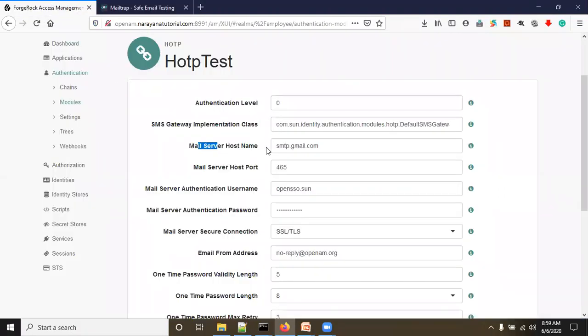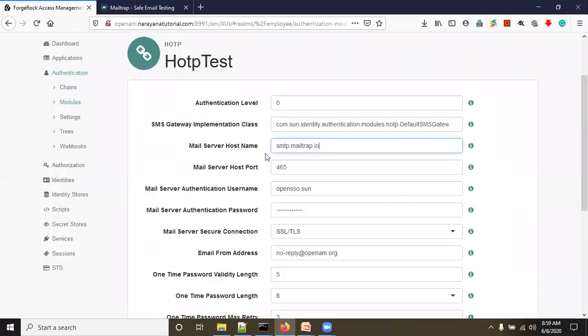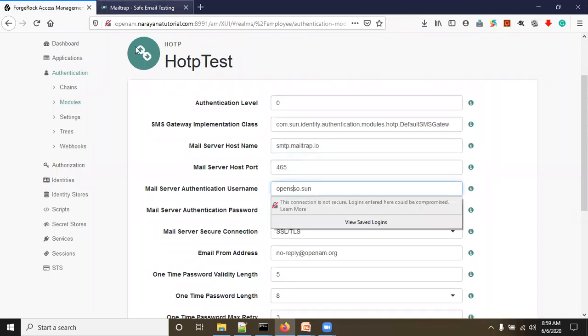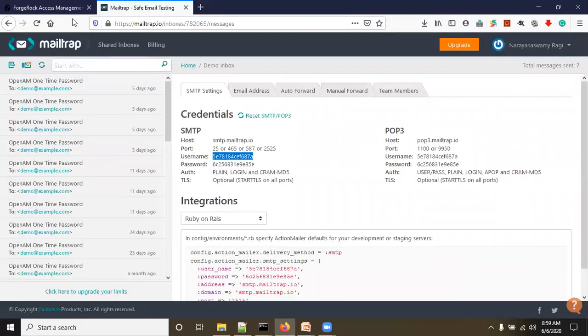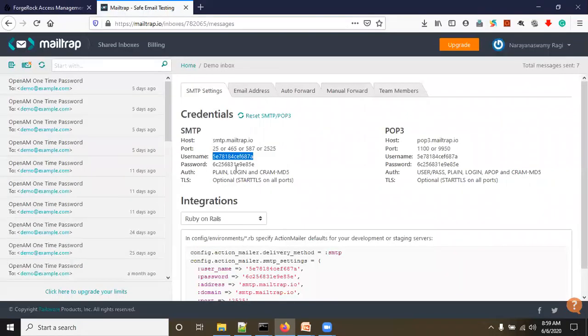So here, mail server host name: give smtp.mailtrap.io and port 465. And the username: copy this username here and paste it here. And the same way the password also.